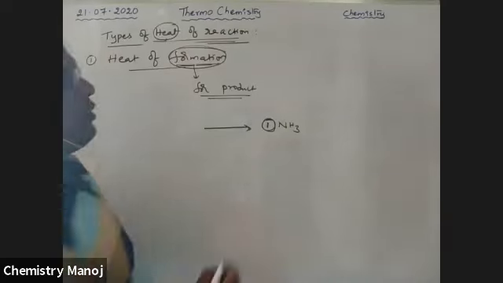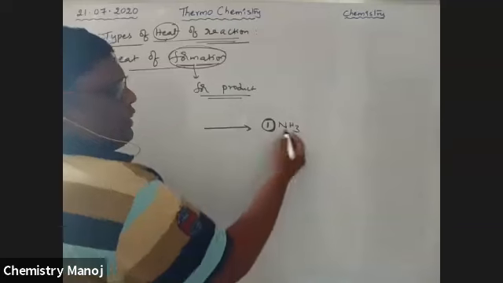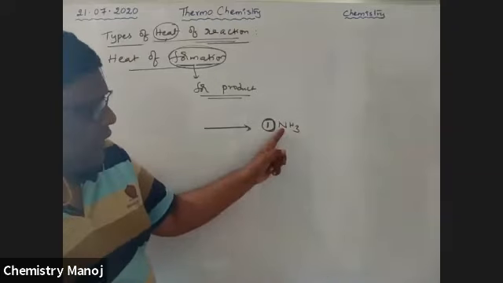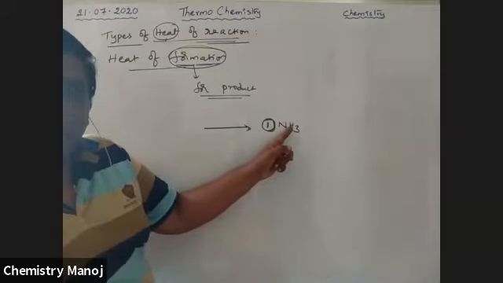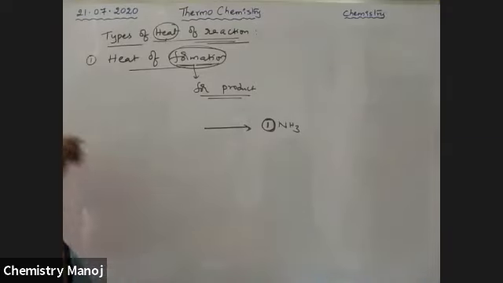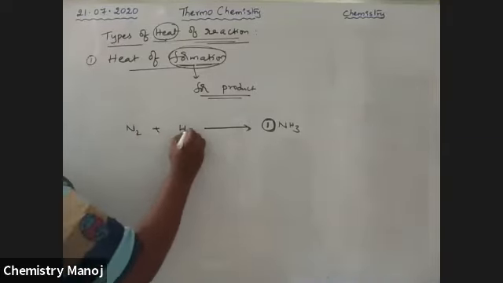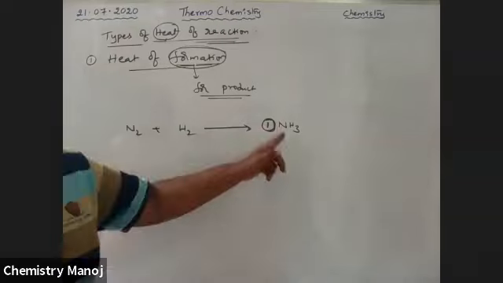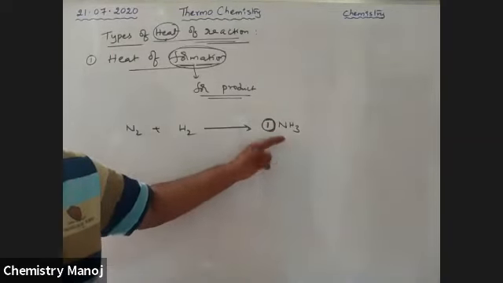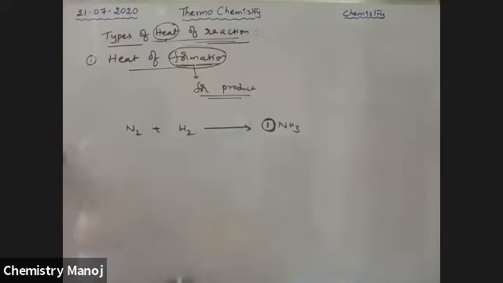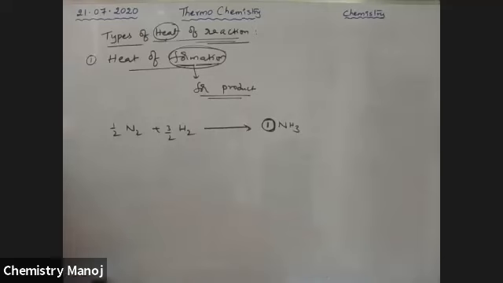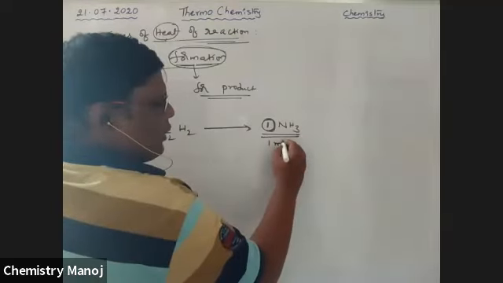Now, what are the reactants involved in the reaction? From its elements. In ammonia, what elements are available? Nitrogen and hydrogen are available, so both nitrogen and hydrogen are going to react. Therefore, N2 plus H2. These are the reactants involved in the reaction to form 1 mole. So it should be 1 mole, that's why we balance: 1 nitrogen is there, so half N2, and 3 hydrogens are required, so 3/2 H2. That gives 1 mole. So the product is always 1 mole.